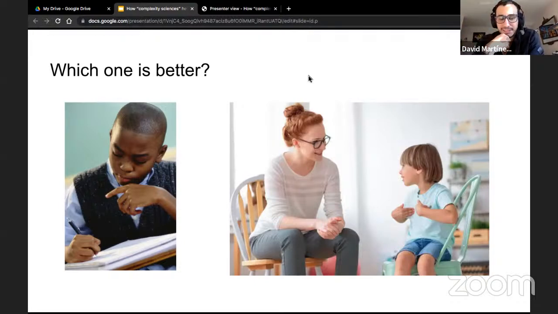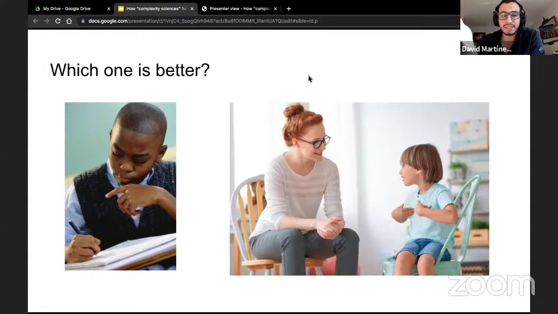So is it better to evaluate a child with a written exam? With the exam, we will know if the child is better at sciences, at philosophy, at verbal communication, at art. The exam will give us all the data. But the data alone, is it sufficient?